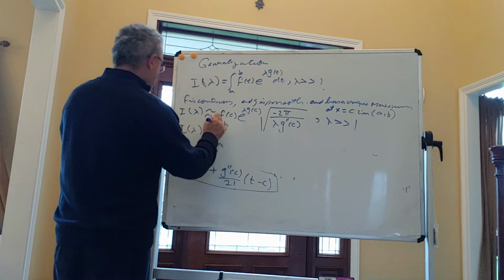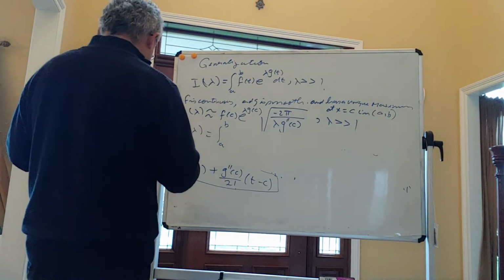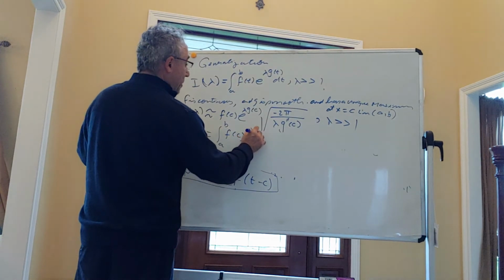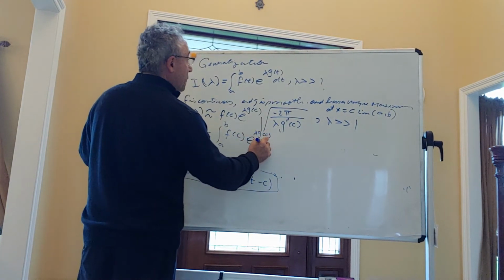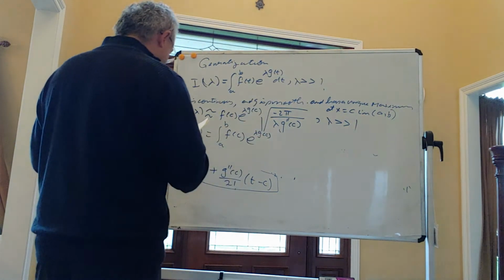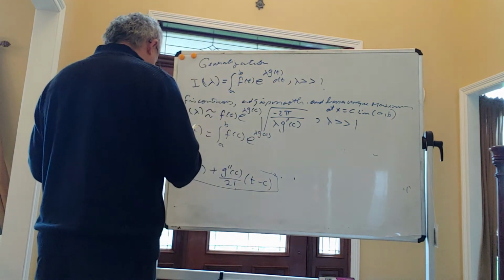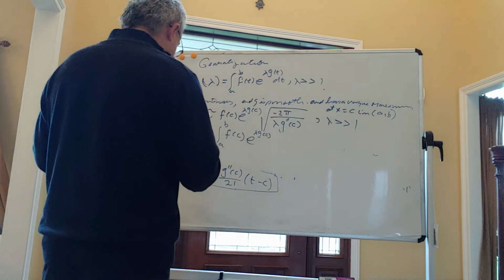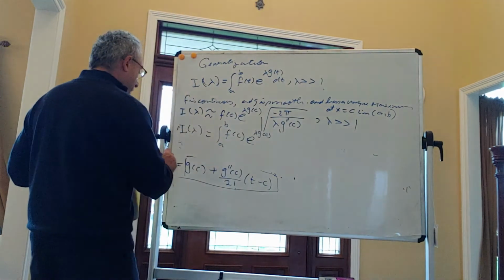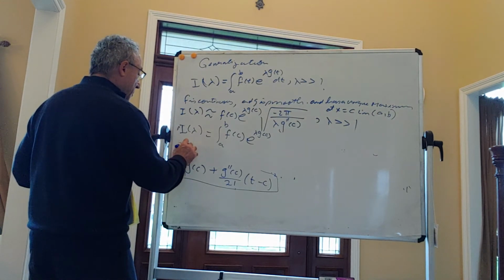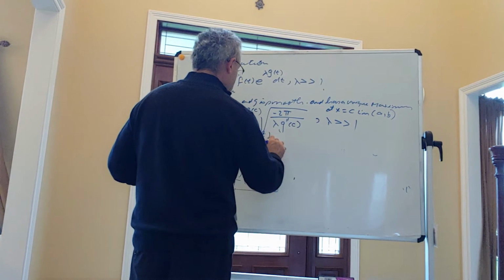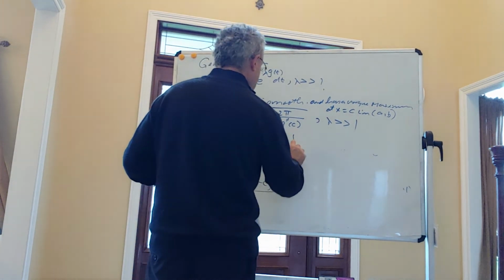equal to the integral from a to b of f of c e to the lambda g of c. Okay, this is the way I want to write it. No, this is g of t here, remember. So let me call it g of t dt, that is